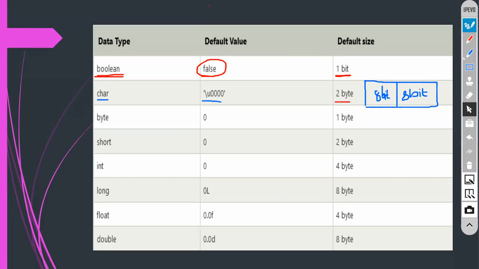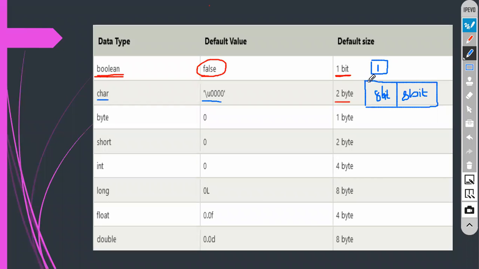Okay. That's what. When it comes to Boolean, the character memory length is a little bit bigger compared to Boolean. Basically Boolean will take only 1 bit. 1 bit is nothing but how much it will consume in the memory? Only 1 single bit of memory in the RAM. It may be a 1 or 0. Yes or not?